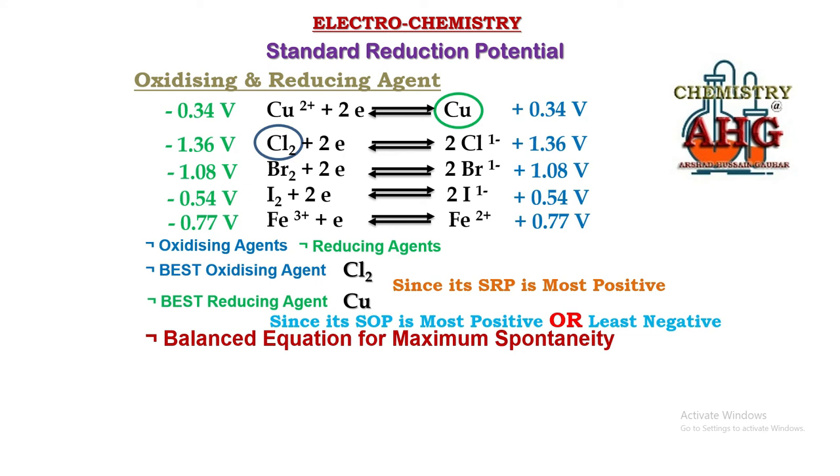So what does this mean in this case? The chlorine half cell has a greater value of standard reduction potential mathematically, so the chlorine half cell must undergo reduction. It means you will copy the chemical equation of chlorine without any change, but the reversible arrow will be replaced by an irreversible arrow. So you will write Cl2 plus 2 electrons giving 2 Cl minus. This is the reduction of chlorine, and it means the chlorine half cell is acting as cathode.